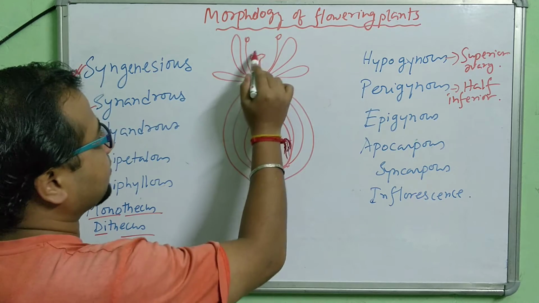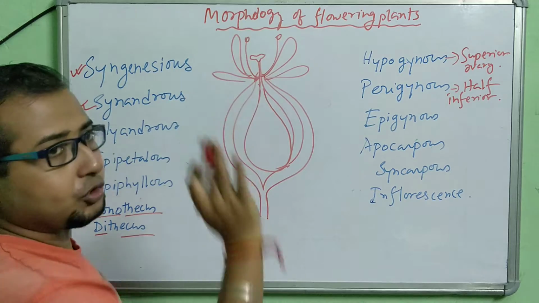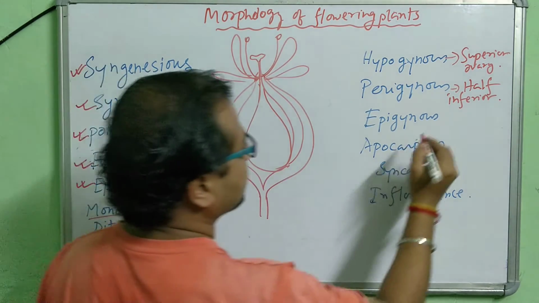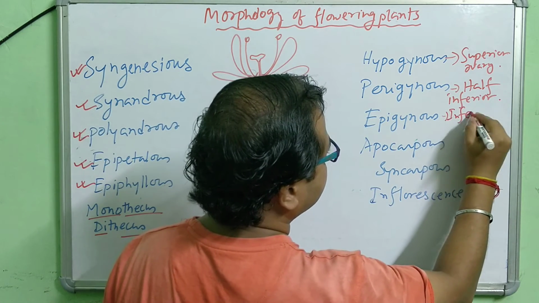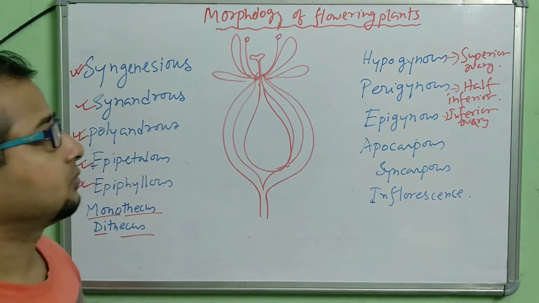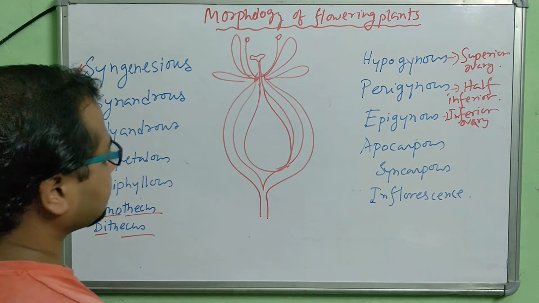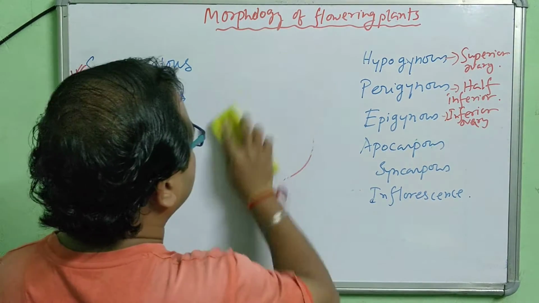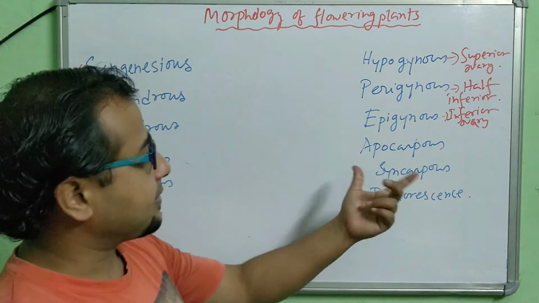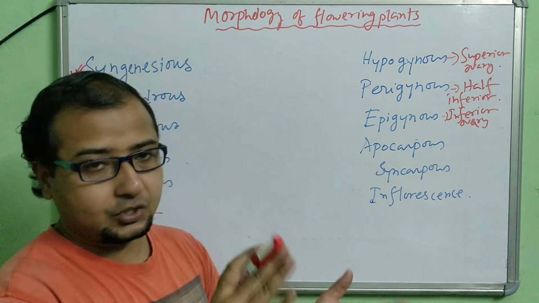Just the part of the stigma is outside, and the rest of the parts develop from here. So you can see that the ovary's location is totally inside the thalamus. This is called inferior ovary. Okay, epigynous flower and inferior ovary. Okay. Now the next comes apocarpous and syncarpous. Apocarpous and syncarpous mean carpels. It is all about carpels or pistil, the gynoecium part.